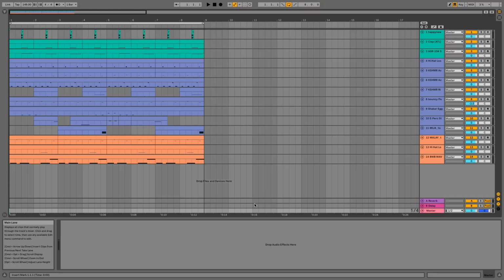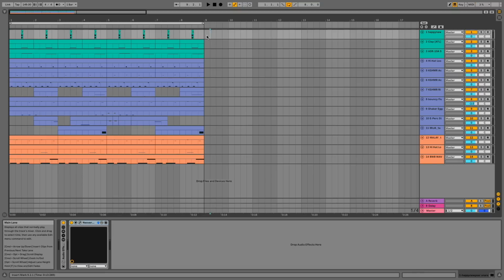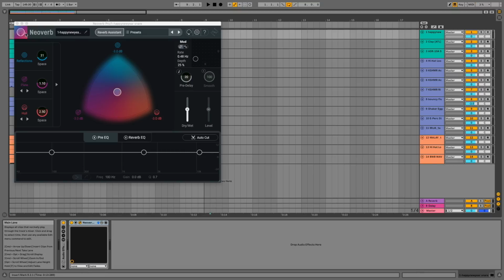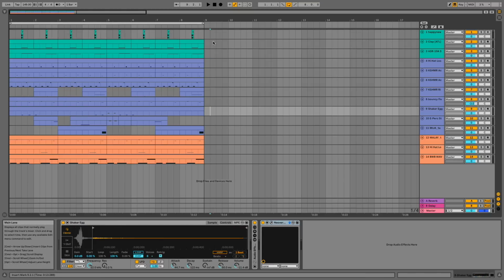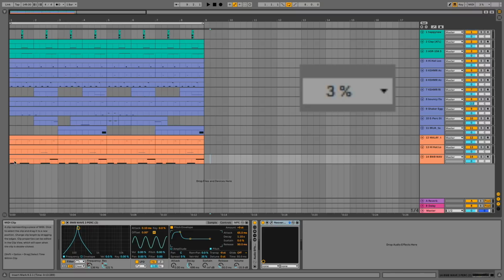Mistake number 1 is using way too many reverbs, especially in a scenario where just one will do. In this project file is a drum pattern made up of 14 different tracks. I've made the mistake for you of putting a reverb on every single track with no variation. Watch my CPU when I hit play.